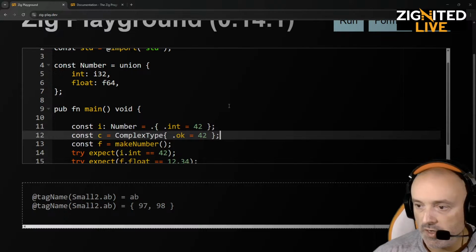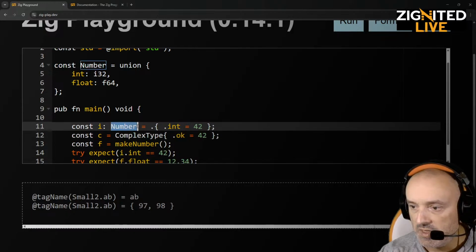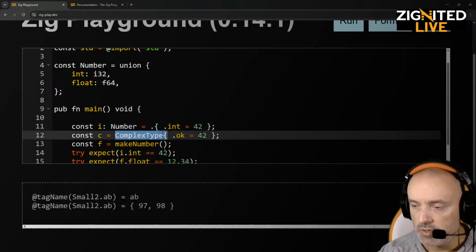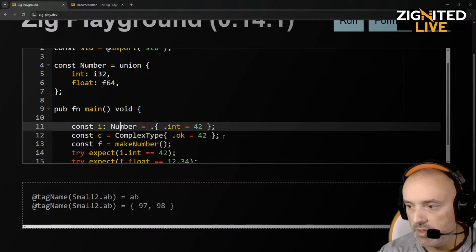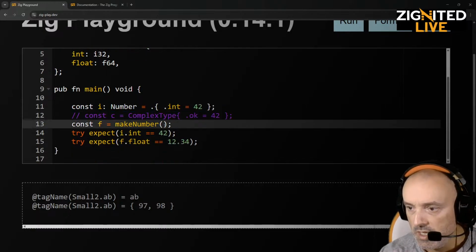So yeah, of course, here they are saying the type is number like this explicitly, but they are here using the anonymous type, the anonymous struct on the right side, and here they're actually using the complex type. And will this work? So I'll comment out this just to have it as a reference,